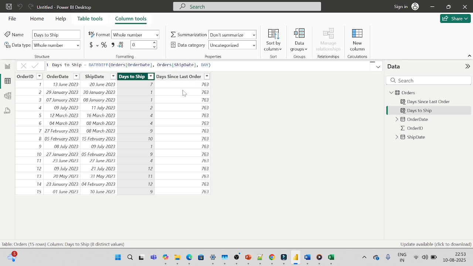Okay, so here you got the differences between order date and ship date. You can change the third argument to get different date results. Like here we have day, instead you can give month so that it will give the month difference. And also instead you can add year so that it will give the year difference as well. Like for example,